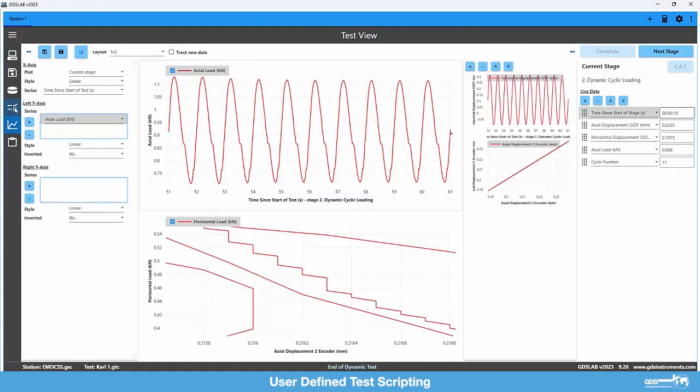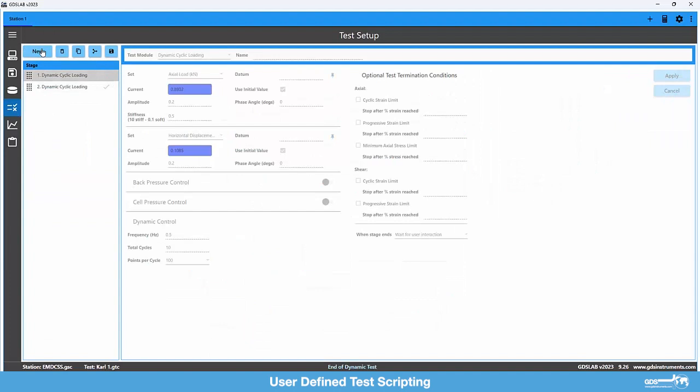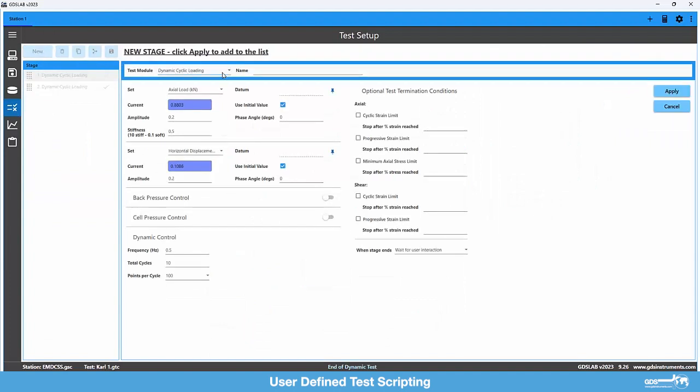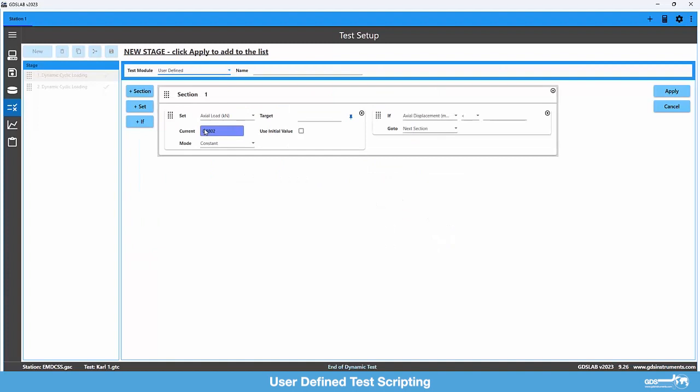far. If I go to the test list and choose New, you will see I have the option for user-defined, or what we call user-defined test scripting. Now, we can set up in blocks exactly what we want to do with each parameter. So for example here, I might want to choose axial load. I could go from a target of 0.88 where it currently is, but let's actually choose initial value, so it